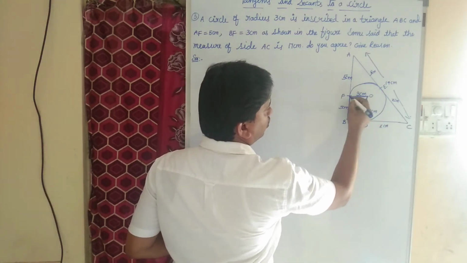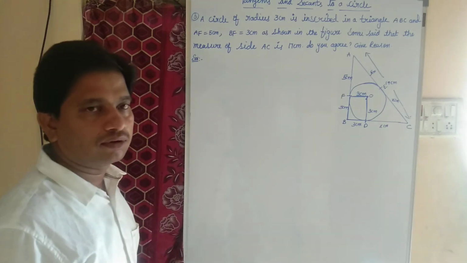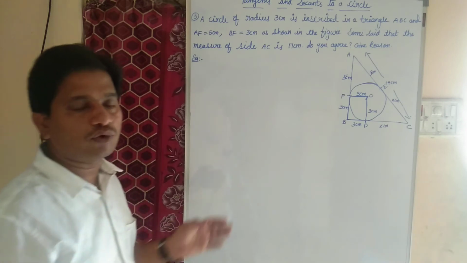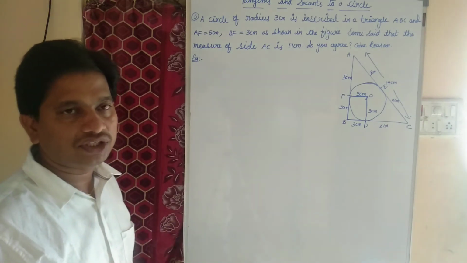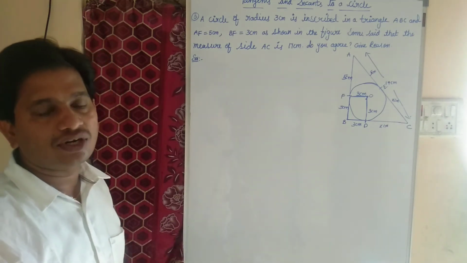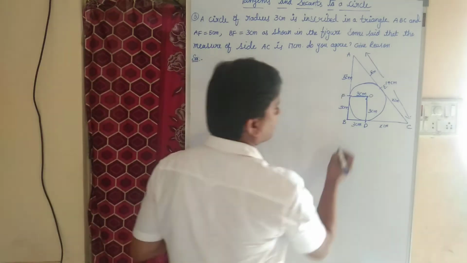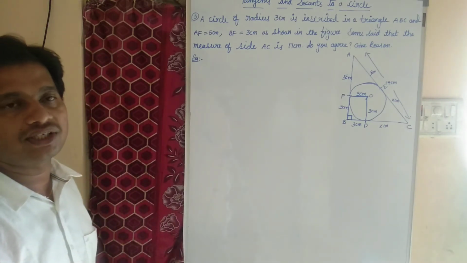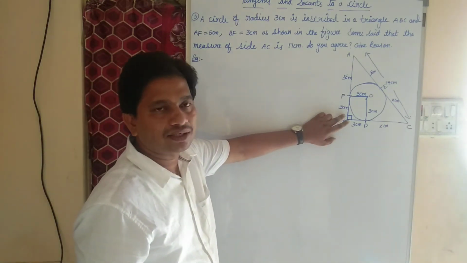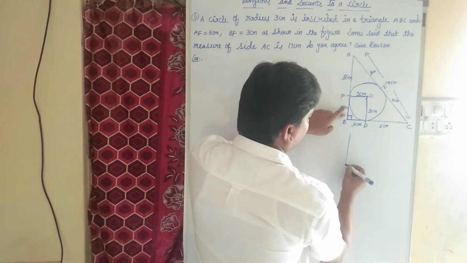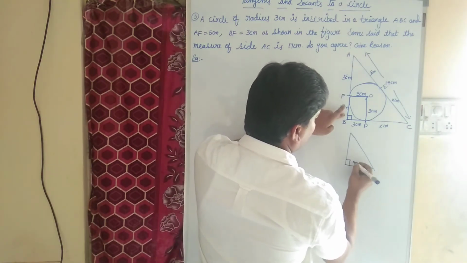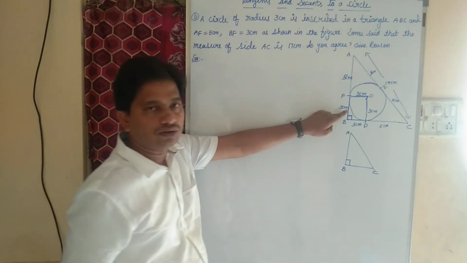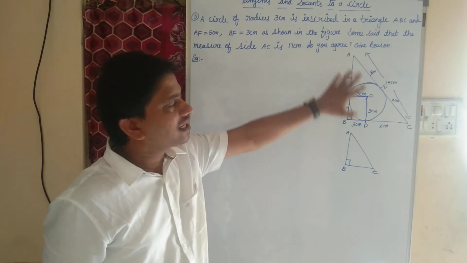See children, now if you observe properly, what is this? B, D, O, F. See, each and every side is 3, 3, 3, 3. All the four sides are equal. What is the type of quadrilateral? That is called a square. Children, we know that in a square each and every angle equals how many degrees? 90 degrees. So angle B equals 90 degrees. So hence I can say that a triangle in which one angle is 90 degrees is called a right angle triangle. So children, ABC we call a right angle triangle.